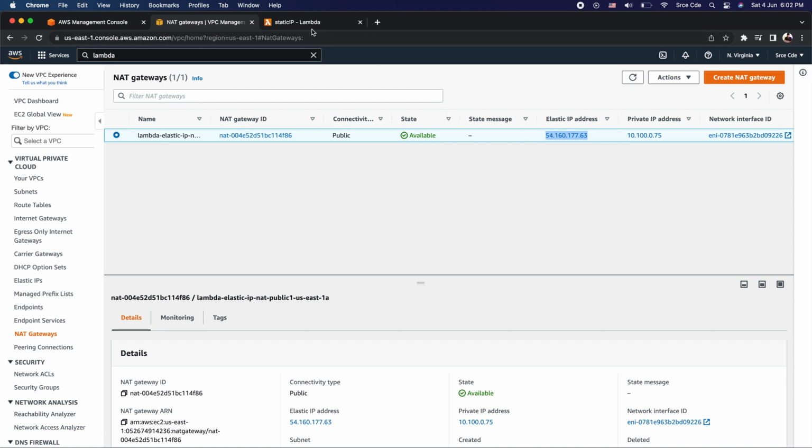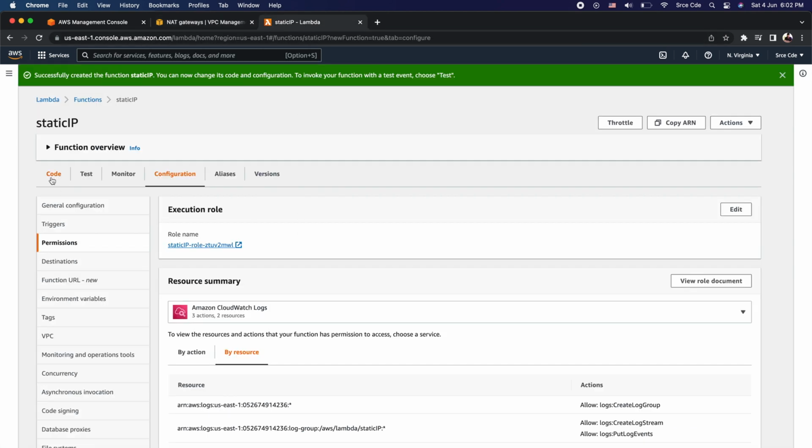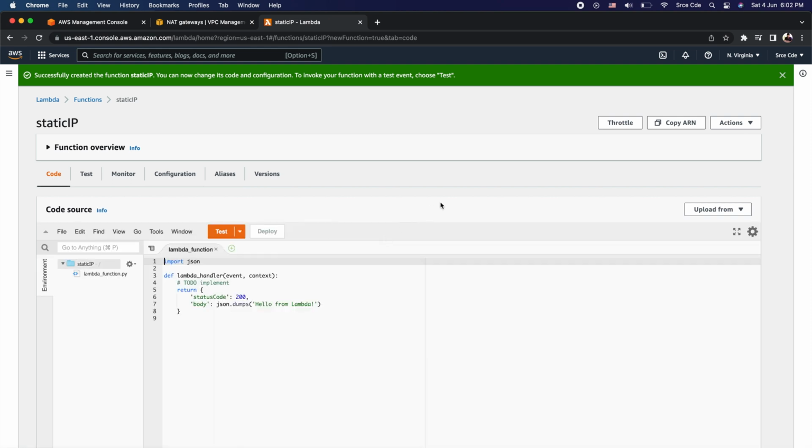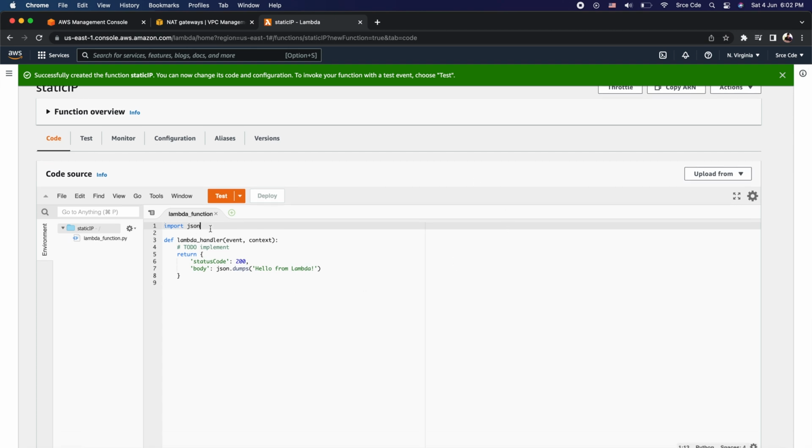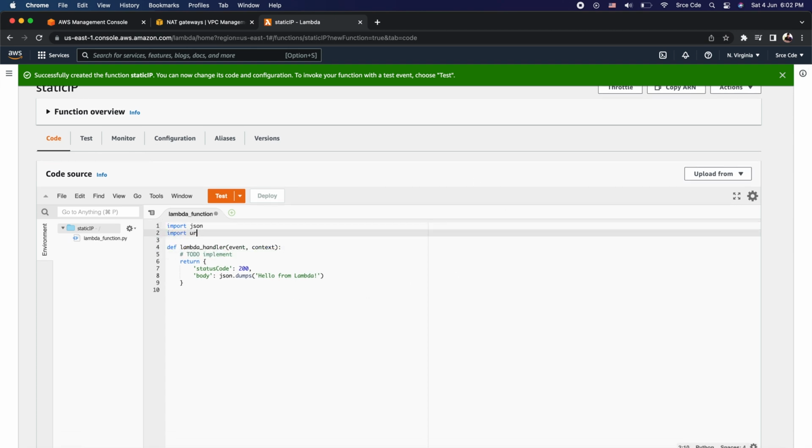Now let's go back to the Lambda function. Let's click on code. Now as a next step, we want to test this setup, and for that we will need to write logic to invoke an API endpoint. So let's modify this code quickly. I'm going to import urllib3, and then here I would say http equals urllib3.PoolManager,